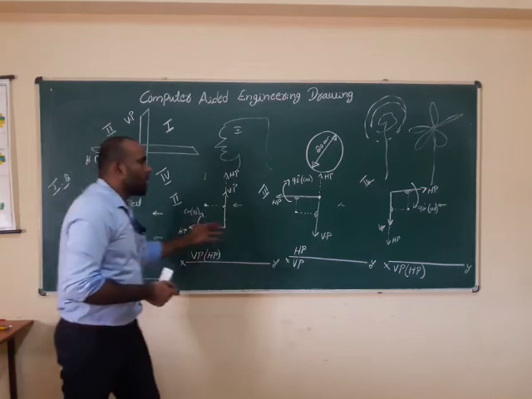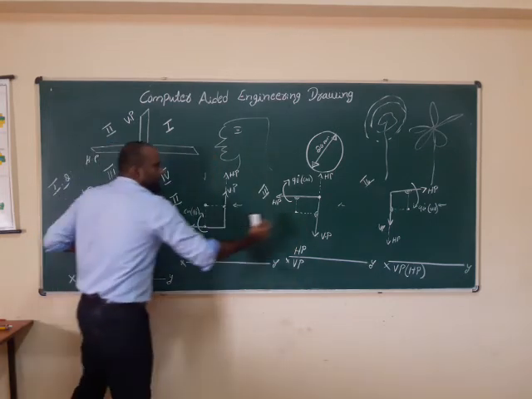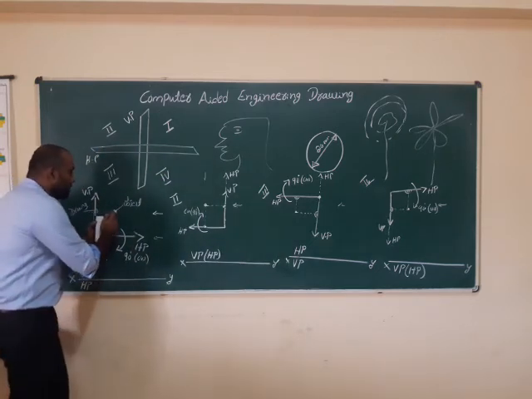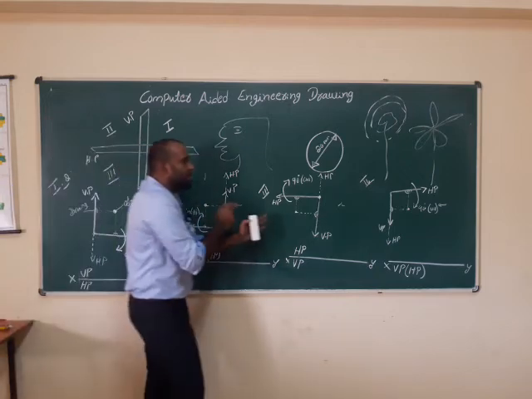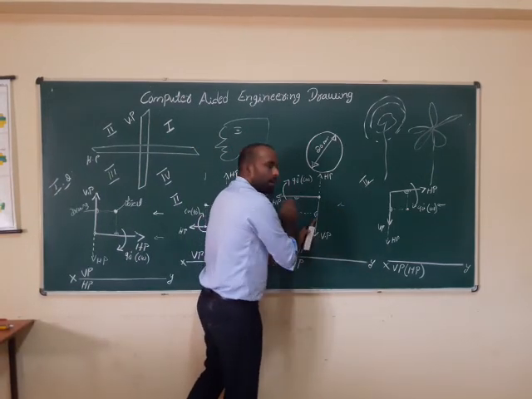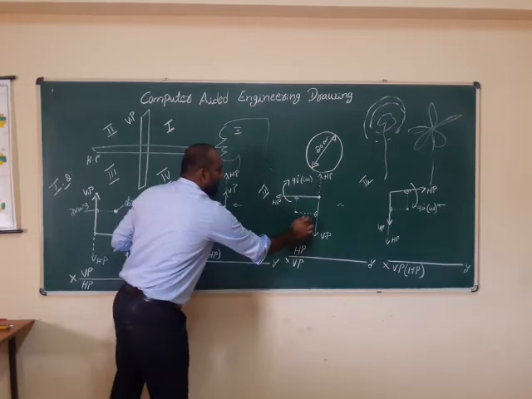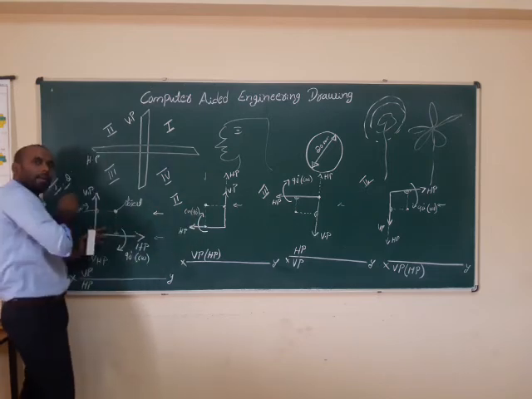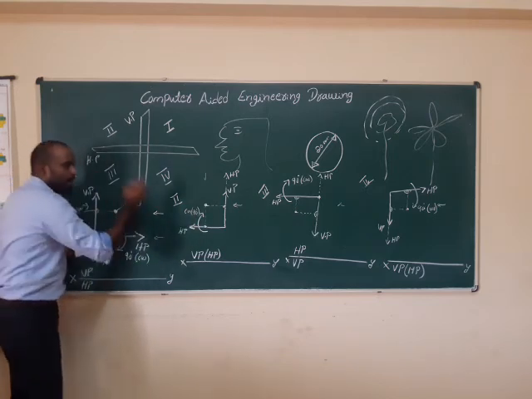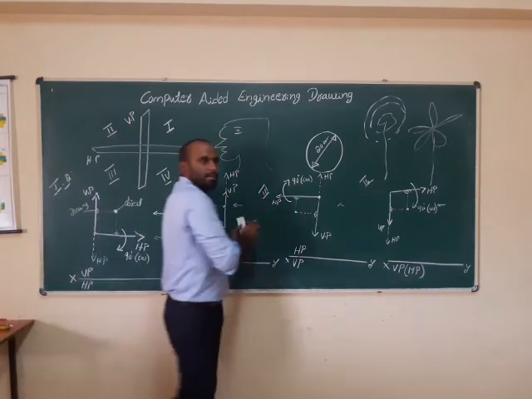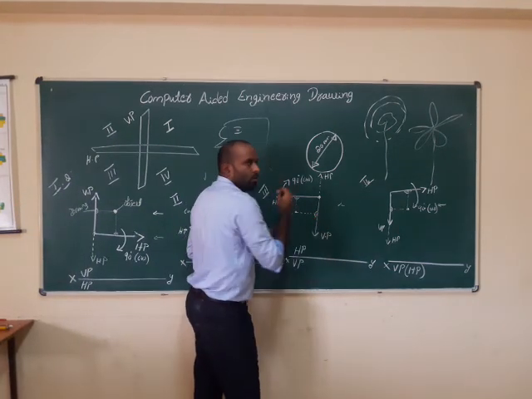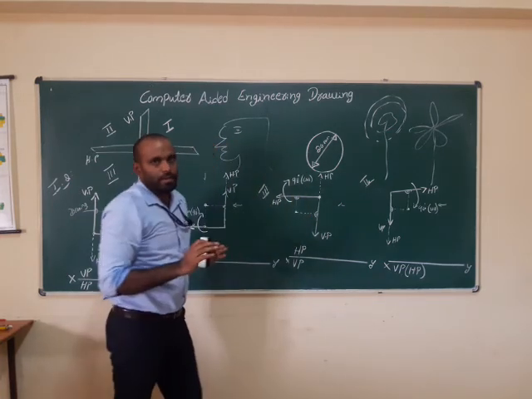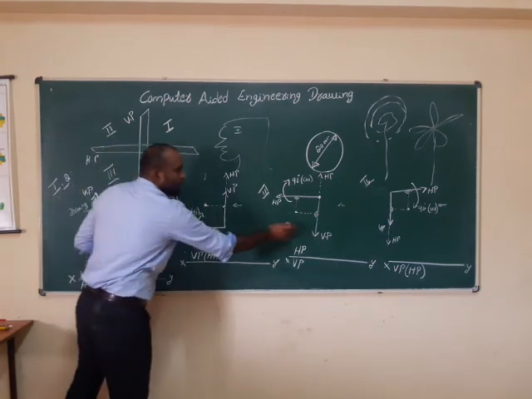The fourth quadrant is very important to know, but the first and third quadrants are used for problems. In the first quadrant, the object is in between the observer and the plane, but in the third quadrant, the plane is in between the observer and the object. The difference between the first and third quadrant is that the top view is drawn below. The right side view is drawn on the left side, and the left side observer's view is drawn on the right side. Similarly, for a right side observer you draw on the right side plane only. For the top view observer, you draw the top side drawing. That is the difference between the first quadrant and the third quadrant.